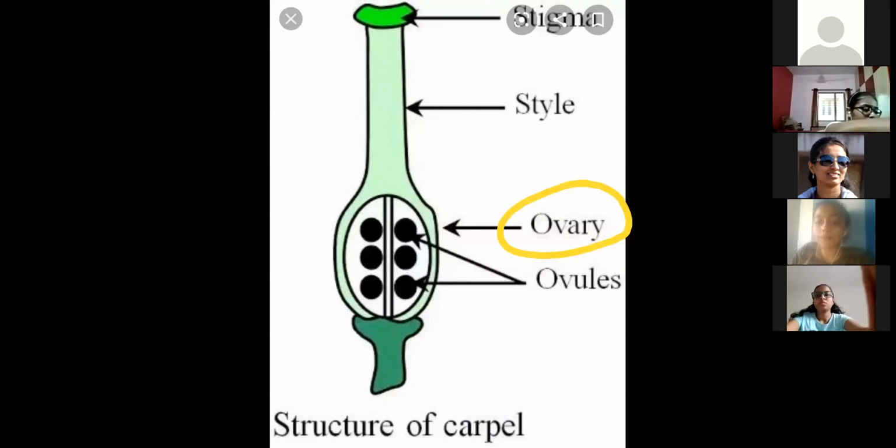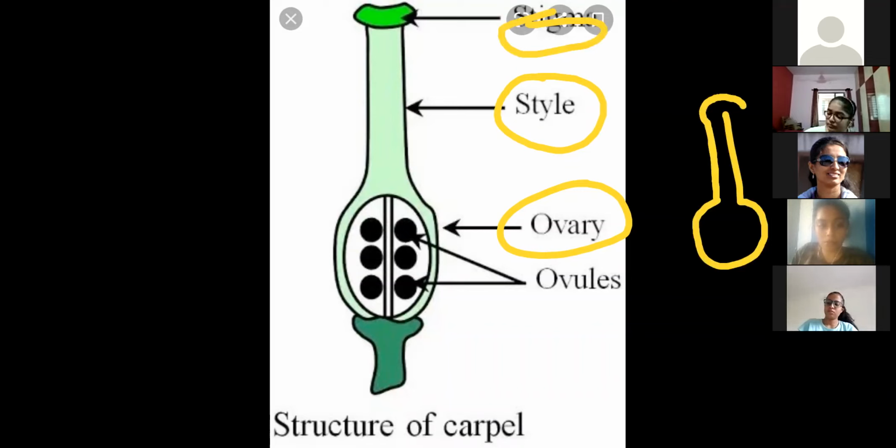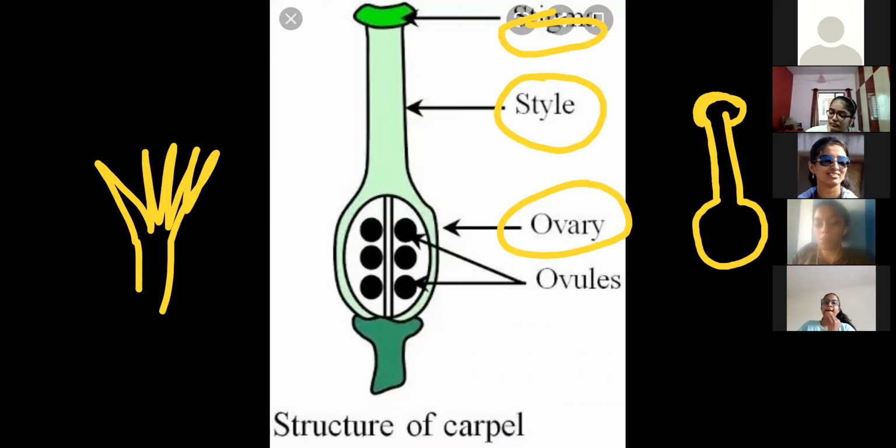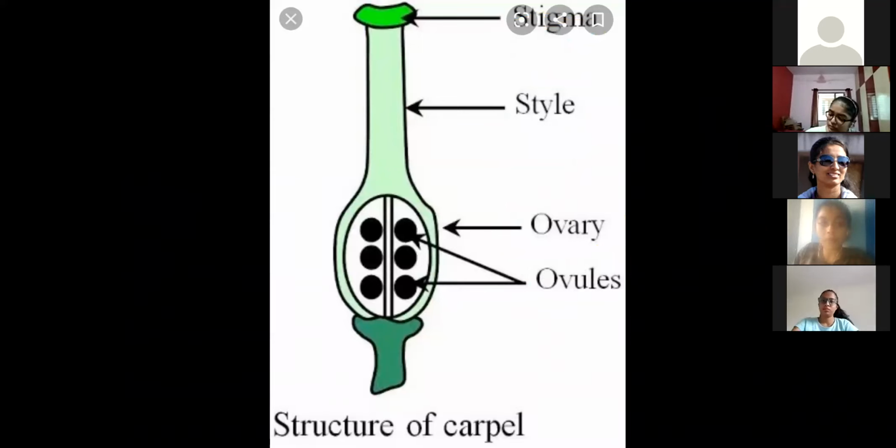Basal part we call ovary. Then long tubular structure, style, and then the topmost part of the style we call stigma. Ovary, then long slender tubular structure we call style, and on the style stigma is there. Stigma shapes vary. It might be branch shape, feather shape, oval shape. Shapes vary, but in general we call it a stigma. Topmost part of the gynoecium we call a stigma.